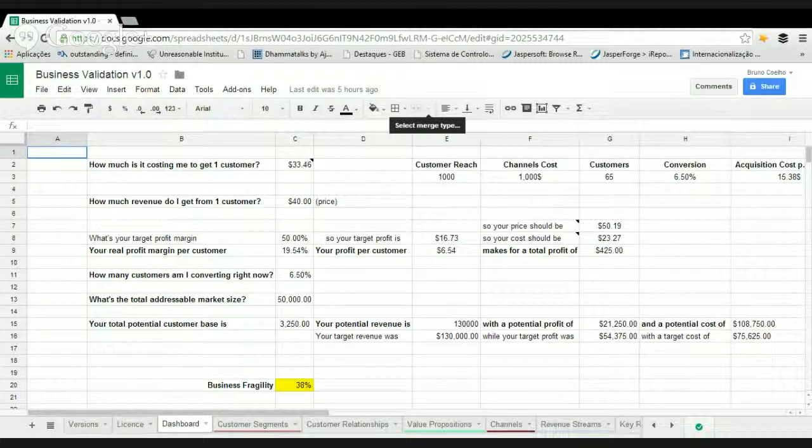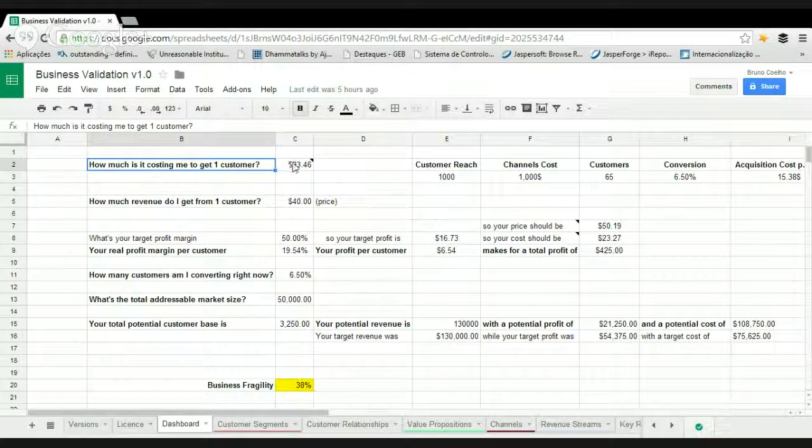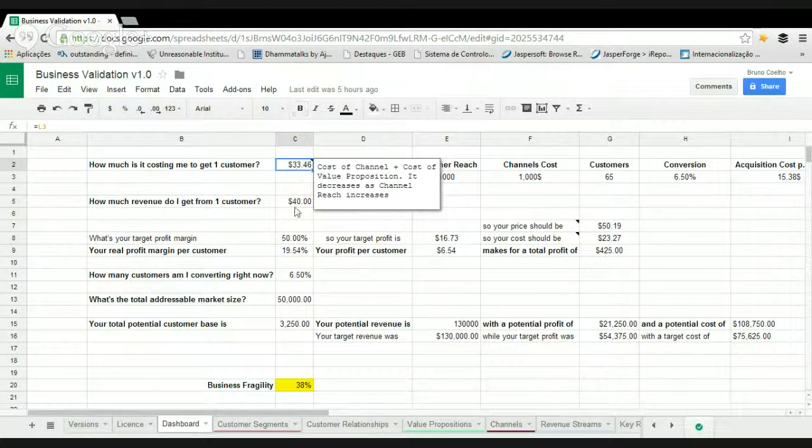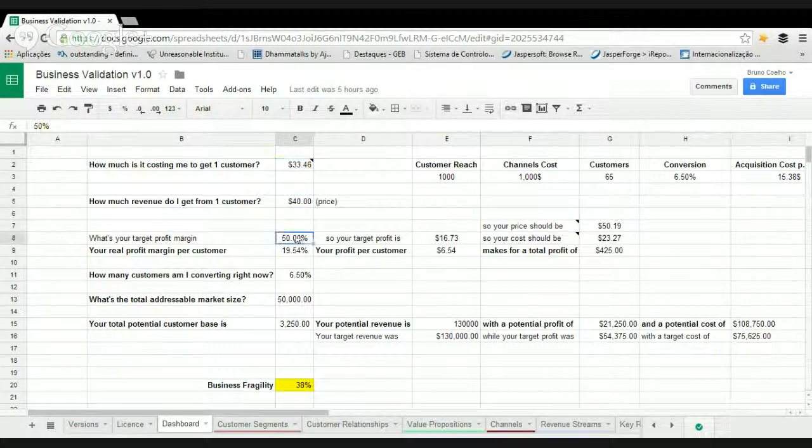Or what's the total cost, revenue, the profit margin, the customer conversion rate. All these questions have answers with this simple spreadsheet. So what you're looking at now is the dashboard, and on this dashboard is where you'll see some of those answers. But basically, these numbers that you're seeing here are calculated using the details of the specific sheets that I have here,